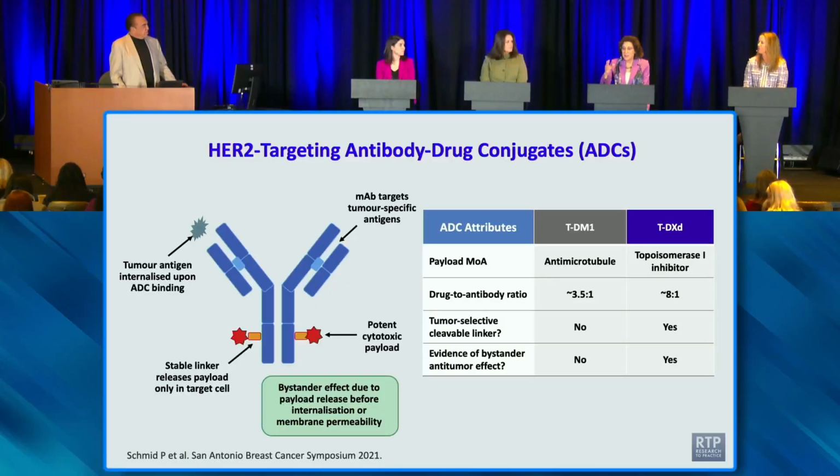And then the linker, you don't want to release the payload in the circulation. You want to only release it in the tumor cell, but you want to be able to have the cell digest the linker regardless of whether or not it has all the right enzymes, because it's a weird cancer cell already. So there's a lot of new things with these new ADCs, the next generation ADCs. The drug to antibody ratio, I have to say, we thought was a huge advance, but it turns out that there are very potent ADCs that have half that drug to antibody ratio, the same as TDM1. So it's an interplay between the antibody, the type of linker you have, and the payload.